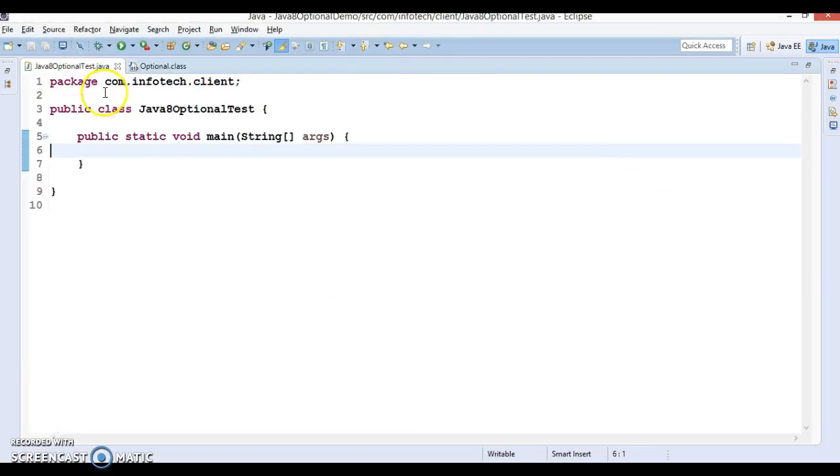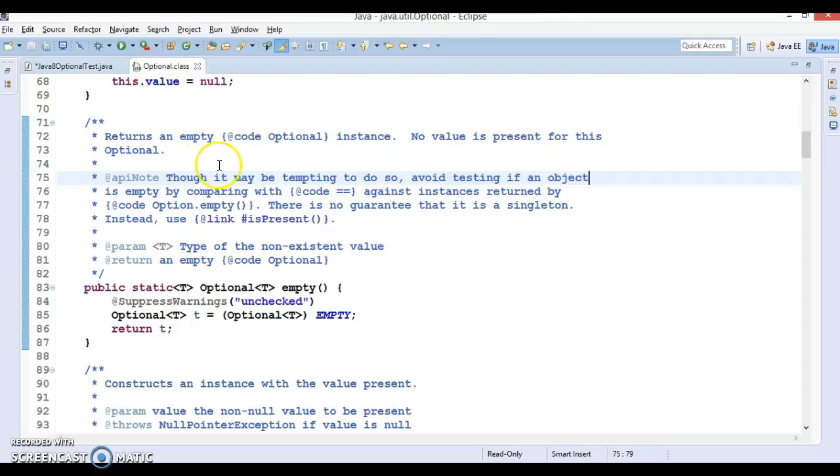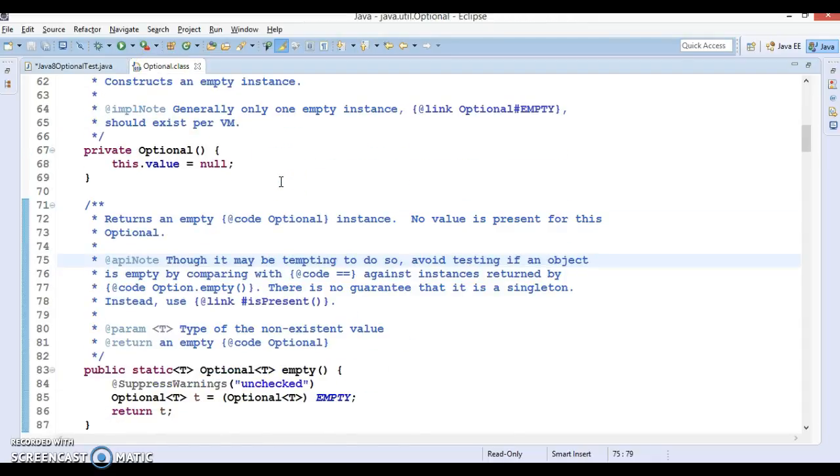Before that, I would like to show you an example so that you will be more familiar with some of the APIs, and the rest of the APIs I will leave to you to explore. The Optional class was introduced in Java 8, and this is very much similar to what Optional is in Guava. Google, some years back, introduced Guava cache, which is similar to caching like Ehcache in Hibernate and some other caching mechanisms.